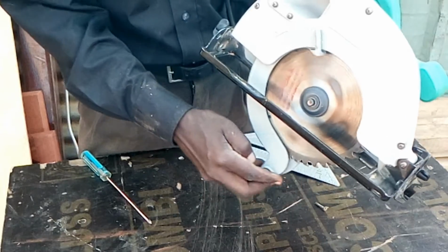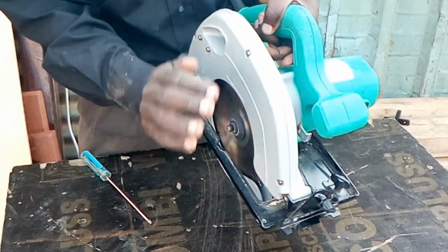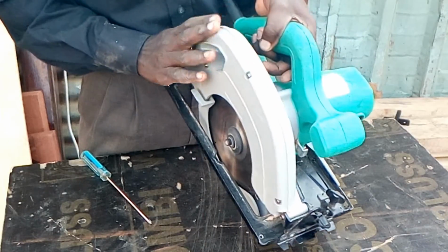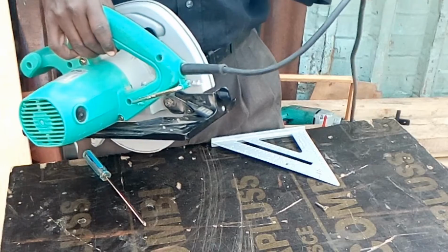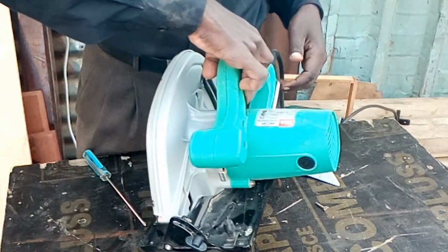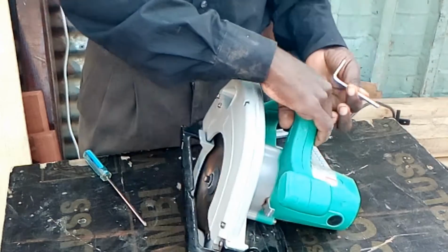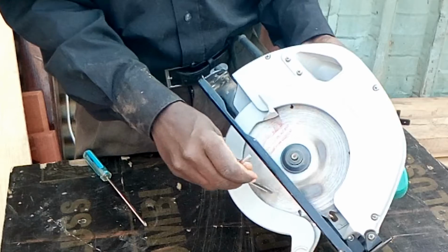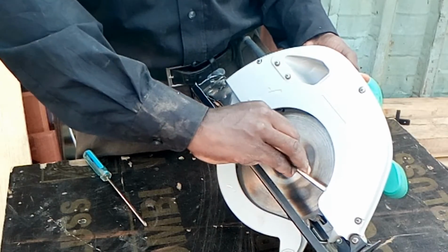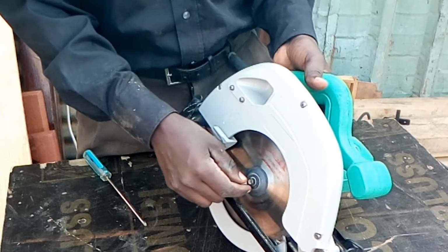Then we have this one. It's called the lower guard. Then you have the upper guard. Then we have this one. It's a cable, which is the one you plug into a socket when you are working. Then this one is the Allen key for opening the